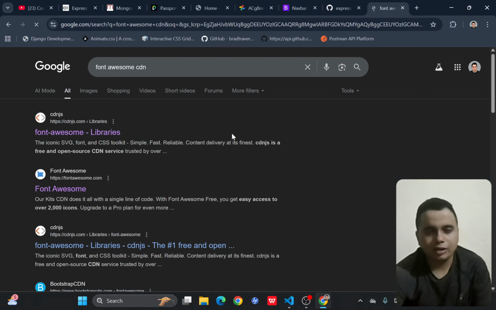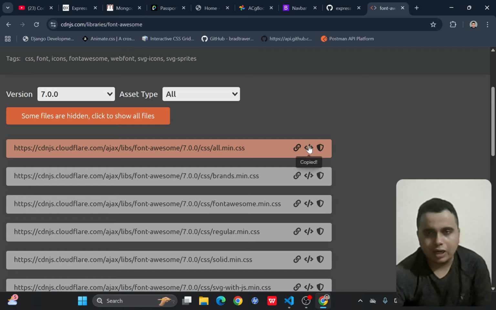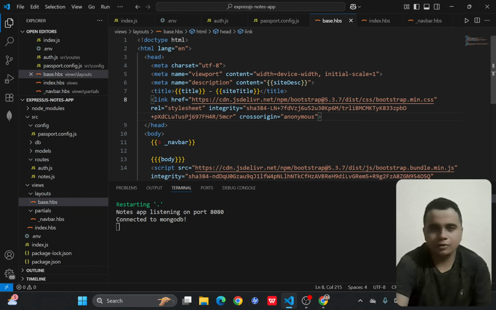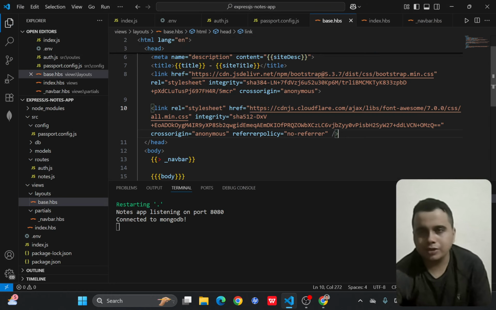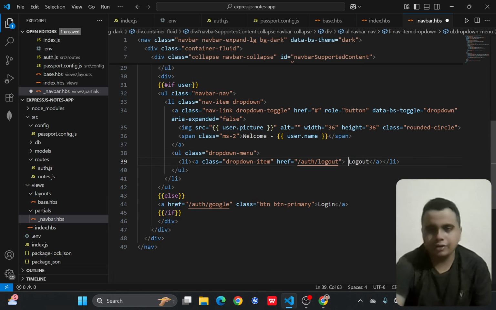and grab out the font or some CDN from CDN.js. Okay, and copy the link tag, paste it inside base.hps. Okay, paste it inside the base.hps. And just what we can do is,